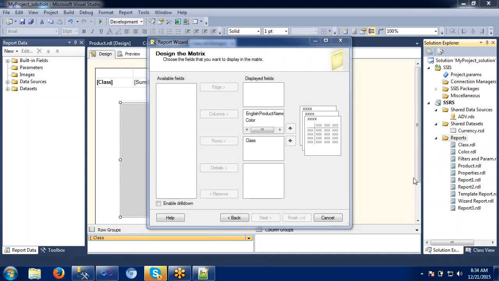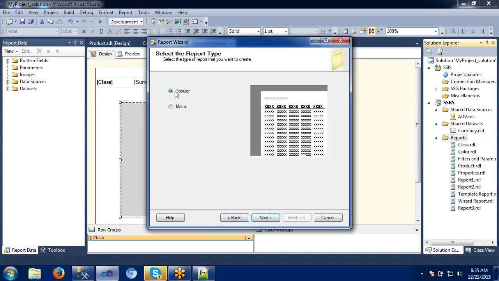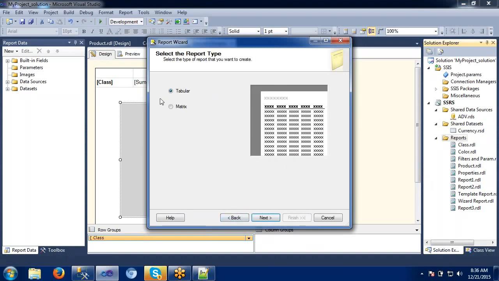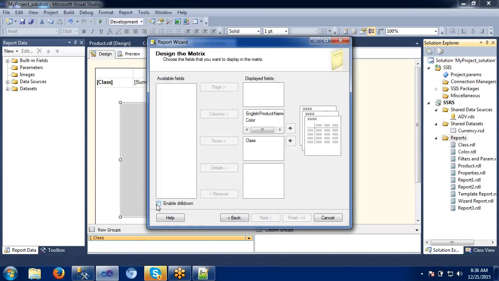I think it's better. So I'm taking the drill down option here. Okay, so why is it not giving me here? Back again. Let me take this one table, all this group. Let me take the matrix only, enable this one, remove this.